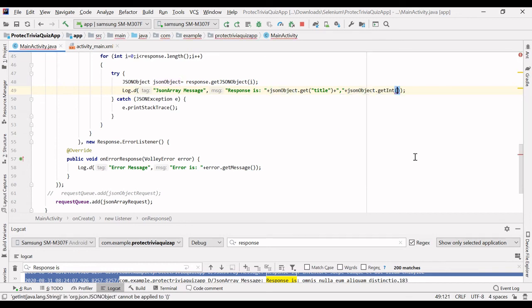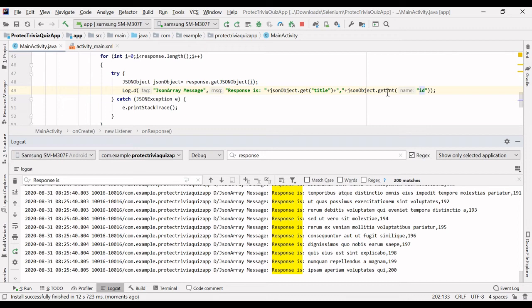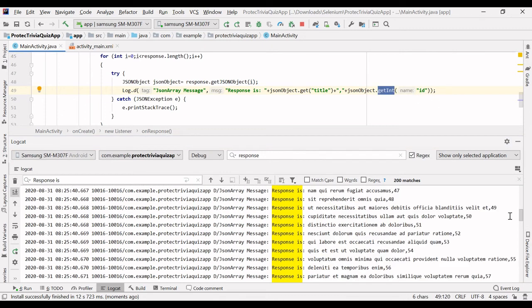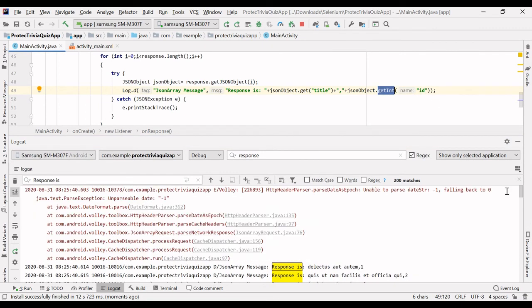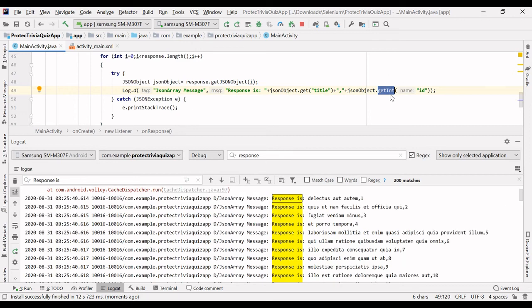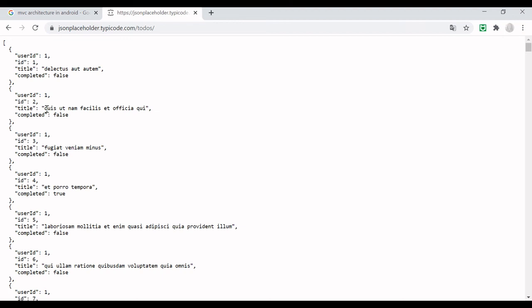And since id is an int, you can use get int as well. It will give you the same result. If you provide get int, your result will not change. So you can get a particular data type with this. And if you want to get the value for completed, it is the boolean type.